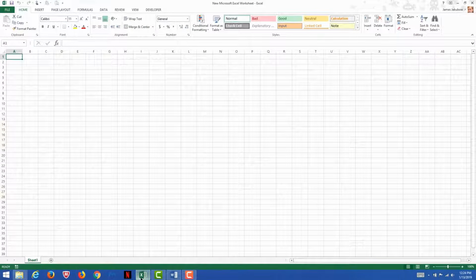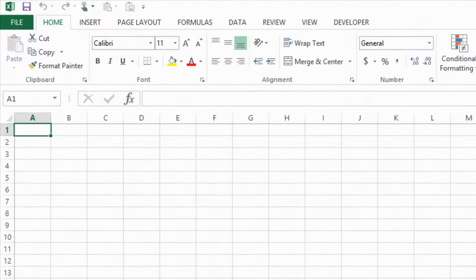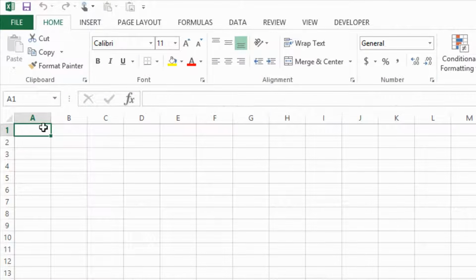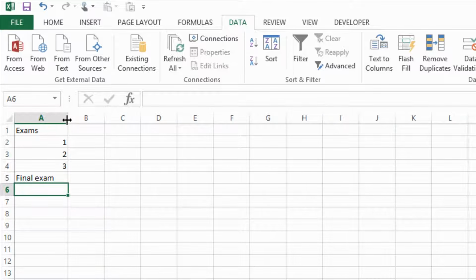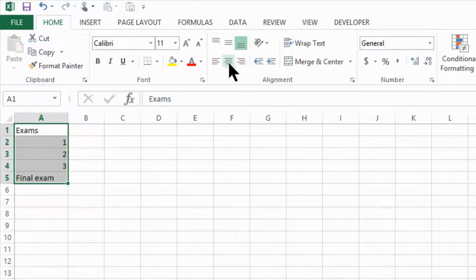To get started, we have 4 exams in this particular example. So all we need to do is set up a column for exams. We can take any cell we'd like. This is fine here. And we can label them 1, 2, 3, 4. In fact, we can even label the 4th one as final exam. The words final exam kind of run over the border here, so we can bring our cursor up, get the double arrow, click and drag across to make sure that it fits. And we can also click and drag down entirely